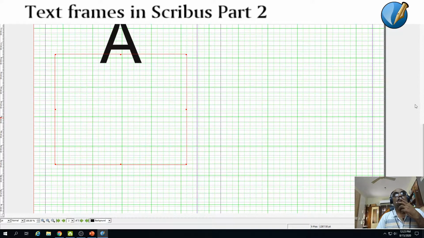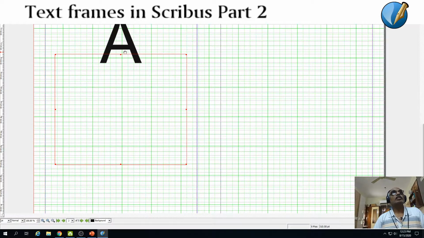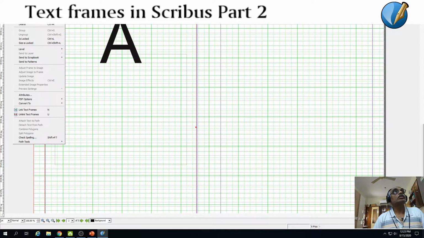Now I select the text box, then I go to Item, then I'm going to Convert to Outlines. So now I have converted the entire thing into outlines. Then I will reconvert it into